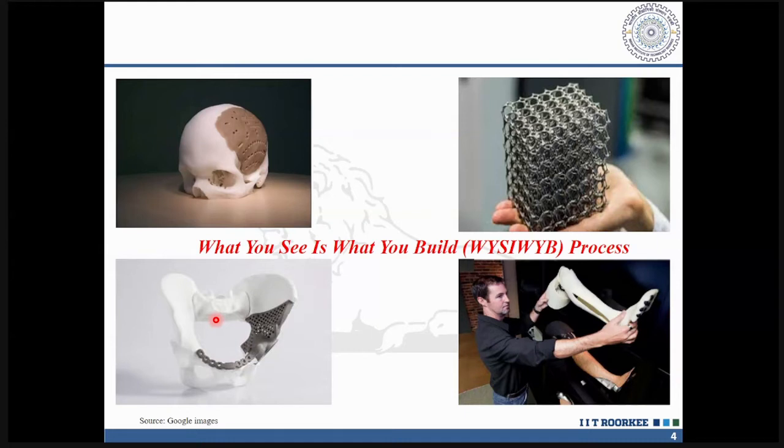You can actually manufacture any particular thing in this world using any particular additive manufacturing technique. So it is what you see is what you build. But once you see that particular thing, you must have the capability of converting it into a soft model. So what do I require? I require SolidWorks, Pro/E, CATIA, a number of solid modelling techniques are there. I should have a very good hand over it. Only then can I fabricate any particular soft model on a computer screen.